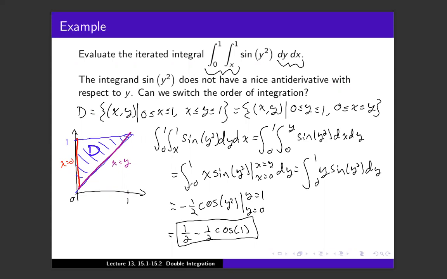So now that's a very simple integral to do once you change the order. So that's how Fubini's theorem works in this context. Can you change the order of integration? Yes, and you should a lot of the time. But when you do that, you have to be very careful with how you do that by making sure that your bounds still work out